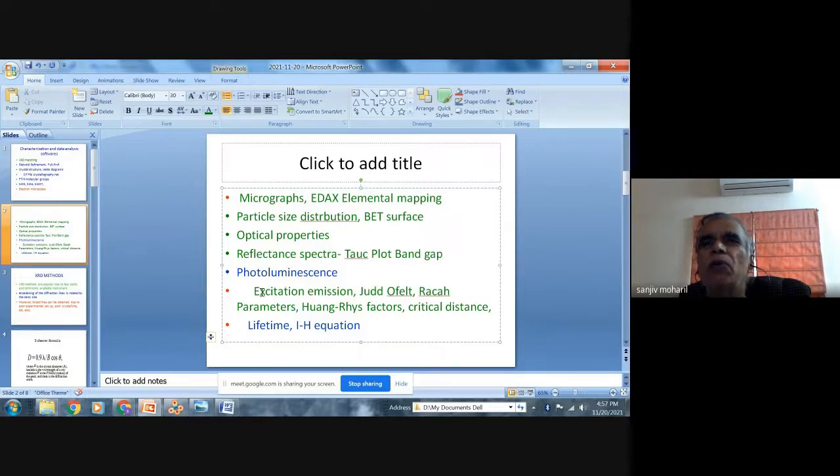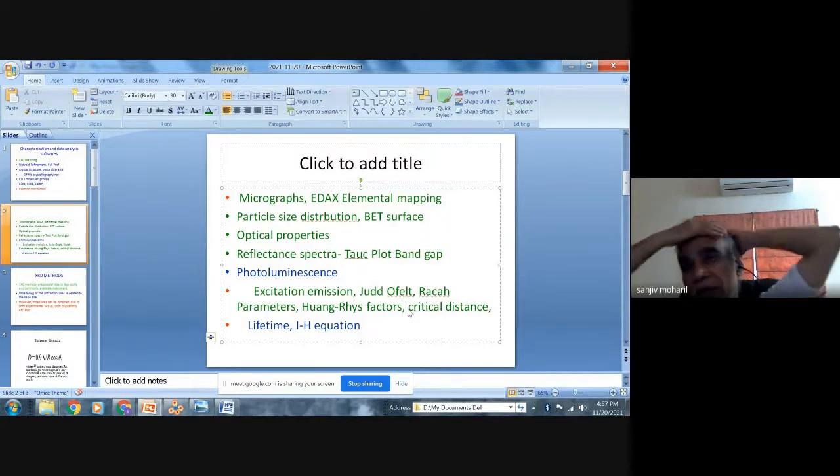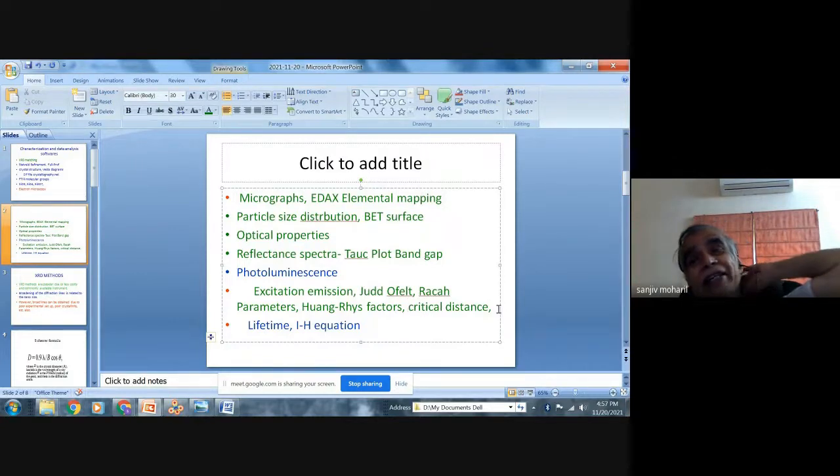Now we are talking about the photoluminescence. So these are some of the parameters. As I told you, Racah parameter you can calculate. There is also the temperature dependence that can be discussed, and the half width of the emission and excitation bands. This can be discussed in terms of what are known as Huang-Rhys factors. Also, if we measure the concentration quenching, then from that we can obtain the critical distance for the energy transfer. I think I showed you yesterday that formula for critical distance.